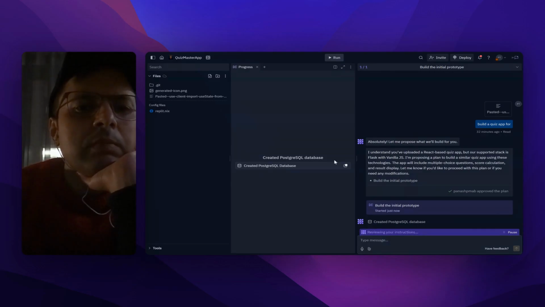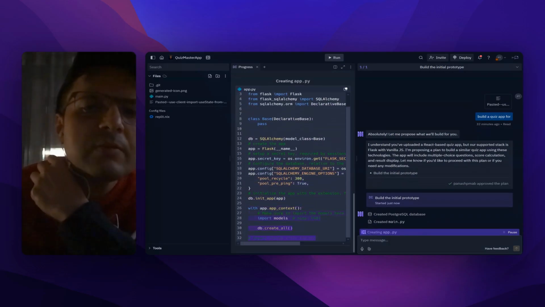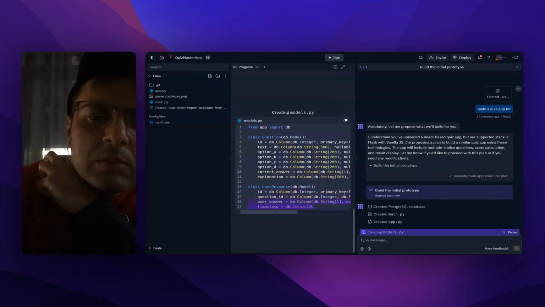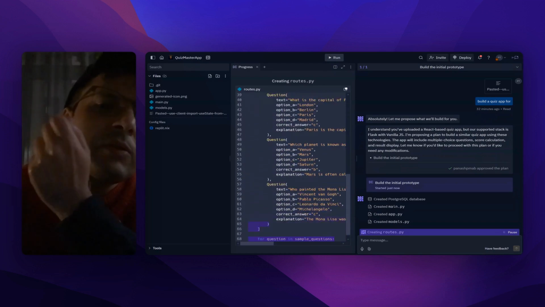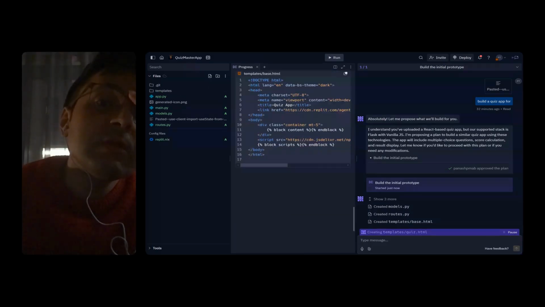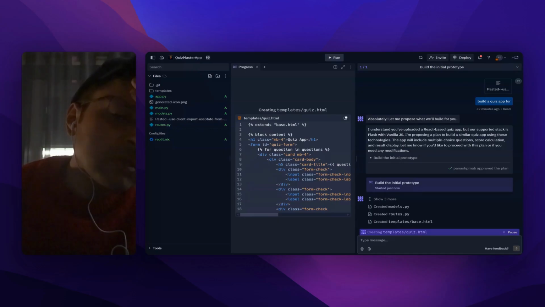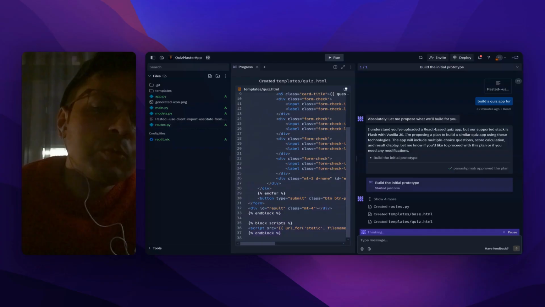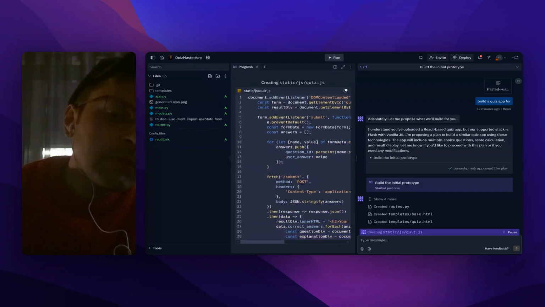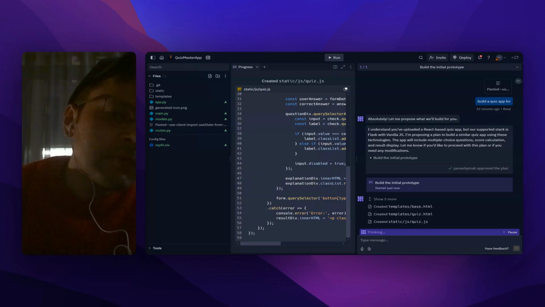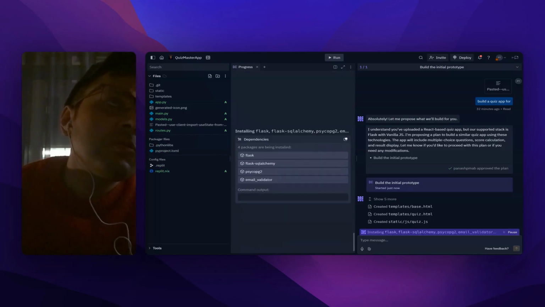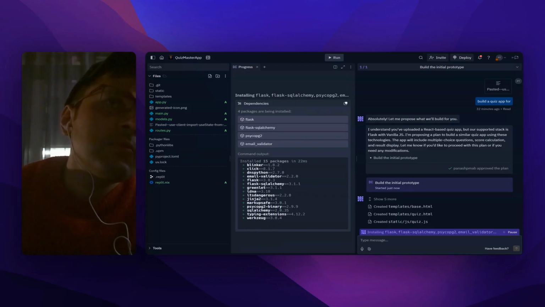It has started to create the Postgres SQL database, and we are going through the whole process, and let's see how it goes. Because eventually what I want to do is see if we are able to deploy this application similar to bolt.new, and whether it works functionally similar to the way we want it to work, wherein the user will be given a question and four options, and when they click on any option, if the answer is right, it will be shown in green, and if the answer is wrong, the user will be shown an explanation for the wrong answer, and will also be provided external links which they can refer to understand more